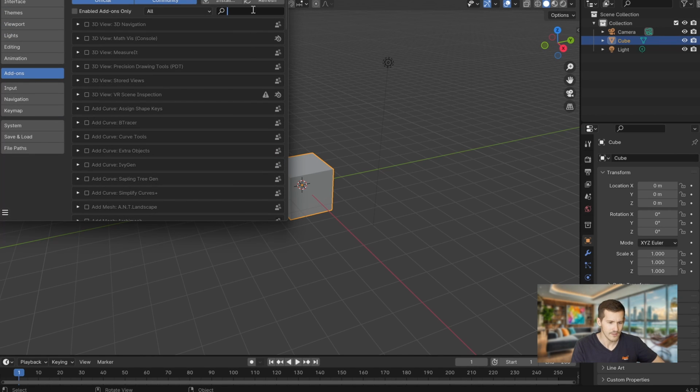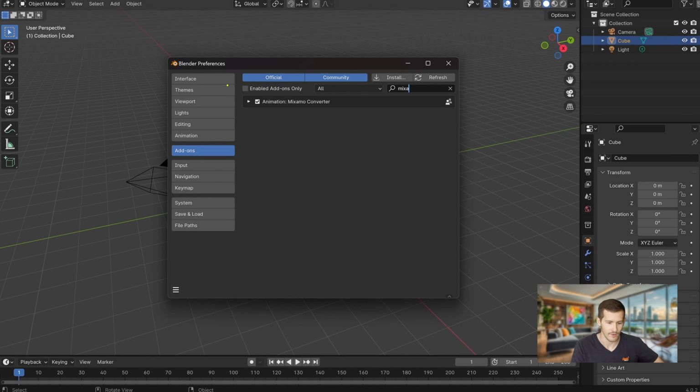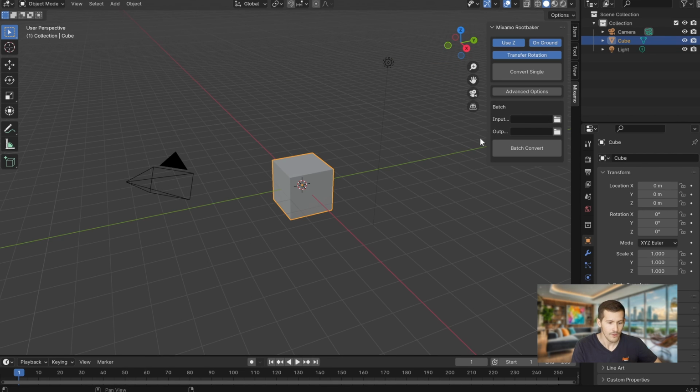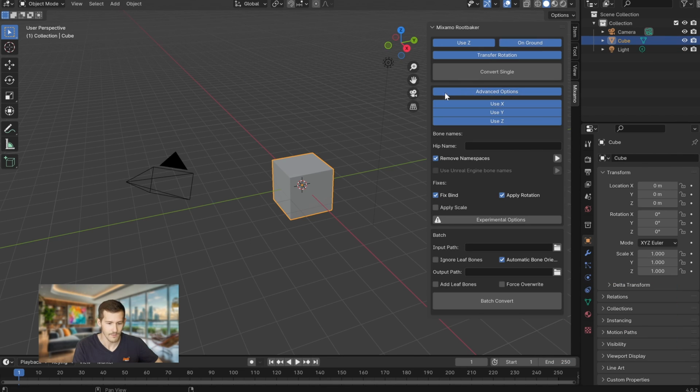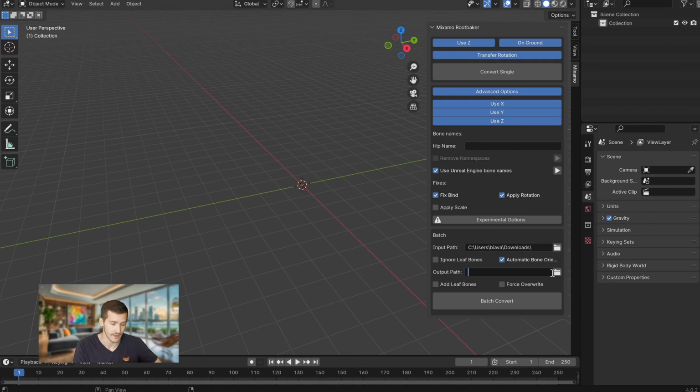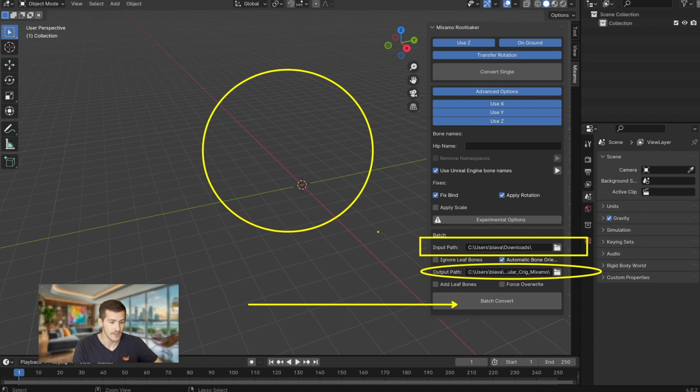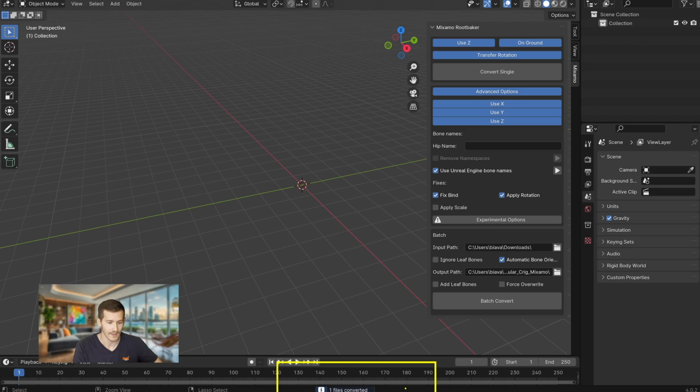Very easy to use, since you just need to first install the add-on on your Blender, then specify in the add-ons window the use of the Use Unreal Engine Points Name attributes. You can leave the rest as default, just specify the input path where your freshly downloaded Mixamo character is located, and then the output path where you want to export the newly converted version of your mesh. Click on Batch Converts and you're done.